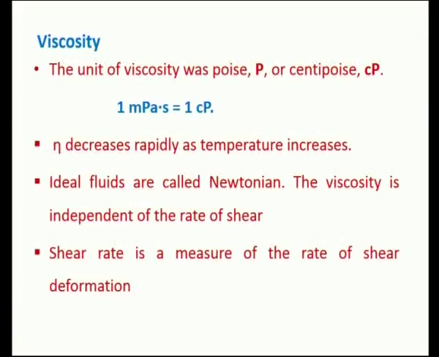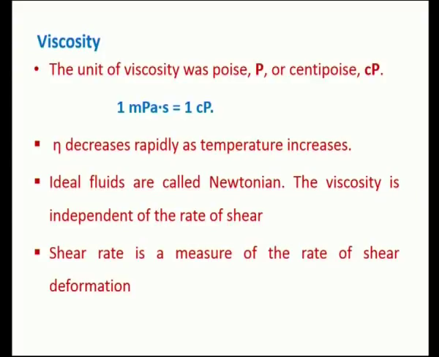And then with respect to viscosity, from the literature one could find all the viscosity data are available in centipoise. So, what does 1 centipoise mean? It is simply 1 millipascal second. The unit for shear stress is Newton per meter squared, and the unit for strain rate is simply per second. Therefore, 1 Newton per meter squared is 1 Pascal. Therefore, 1 Pascal second is the unit for viscosity in the SI system, and in the CGS system it is given in centipoise. So, therefore, most of the literature data are always in centipoise.